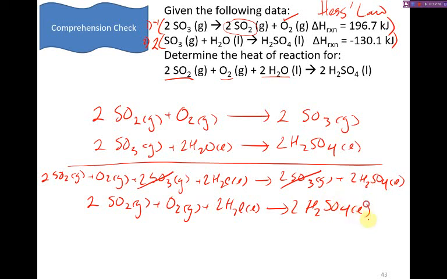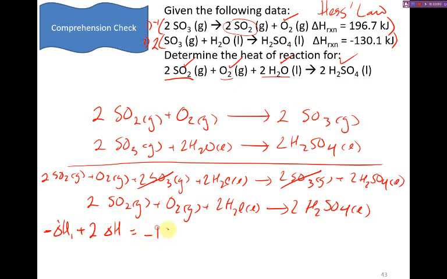H2SO4 liquid. Now, we don't want to just stop there. We want to make sure that that matches. 2 sulfur dioxide, check. 1 oxygen, check. 2 water, check. 2 H2SO4, check. So we know we've done that right, which means then that we can take our first enthalpy of reaction and take the negative of that